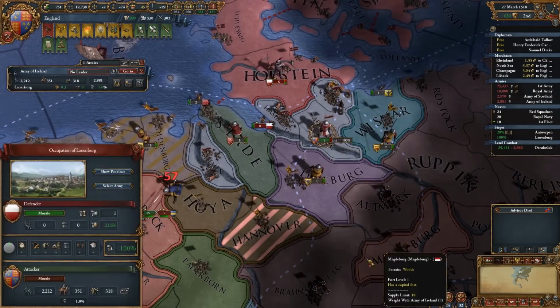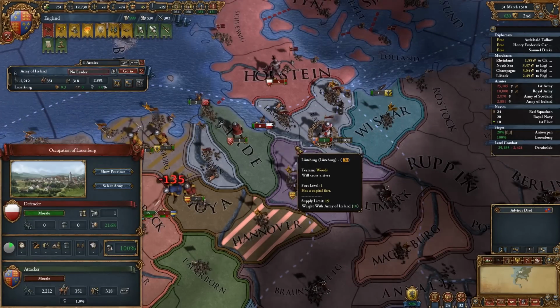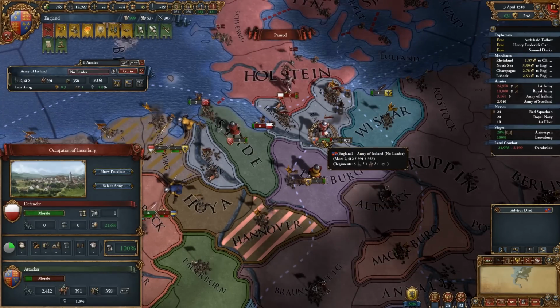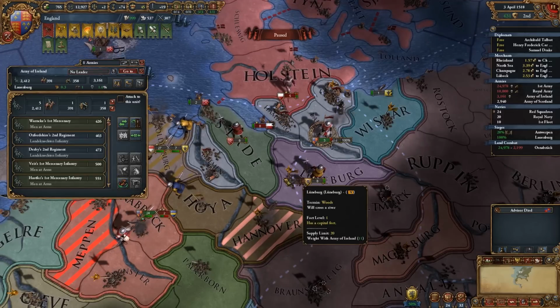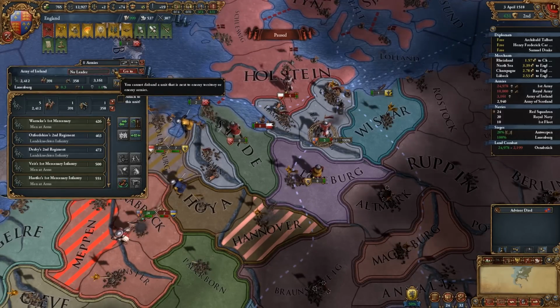Not too sure where you're fleeing to. You're only fleeing there, which is not a great place to flee. Although we might actually get a siege. Yeah, they're actually going to go and engage us. I can't get away. So I'm just literally going to...